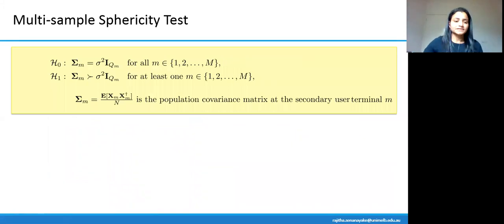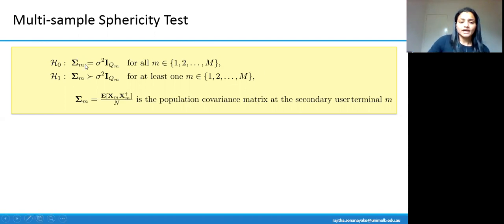Okay, so under this decentralized approach, like I said before, we allowed the secondary user terminals to do some processing locally within the terminal. So now we can redefine our hypothesis testing under the decentralized approach like this. We basically declare the null hypothesis if my Sigma m, where Sigma m is the population covariance matrix at the secondary user terminal m,